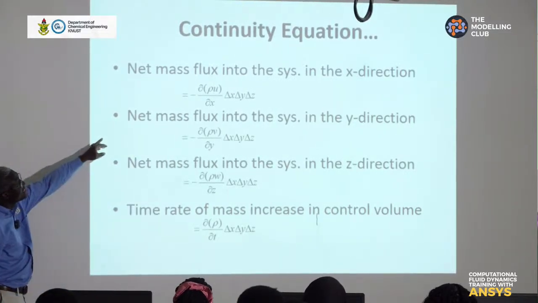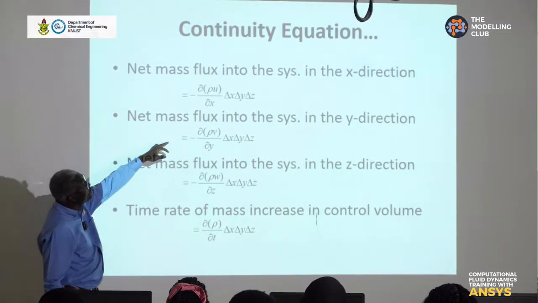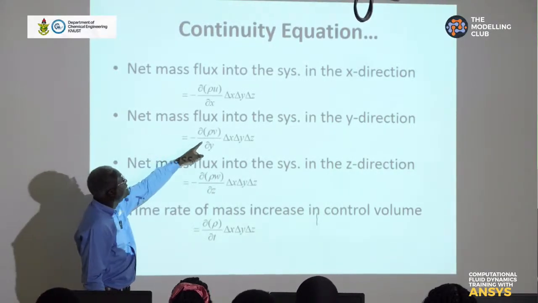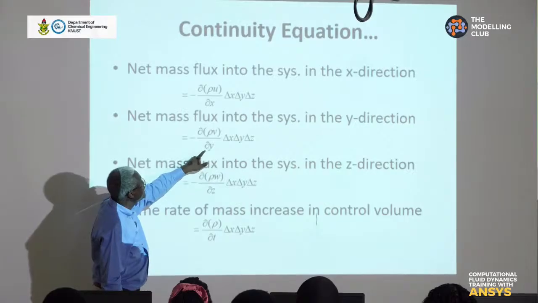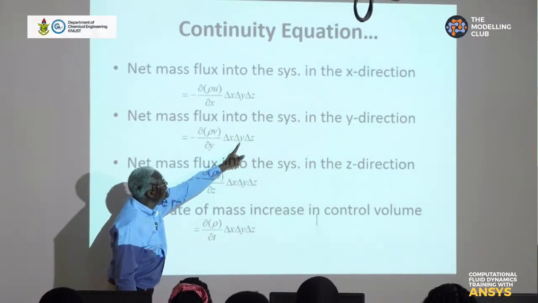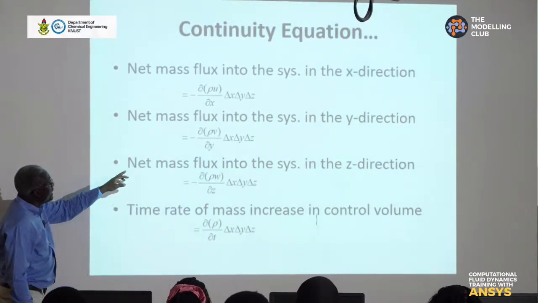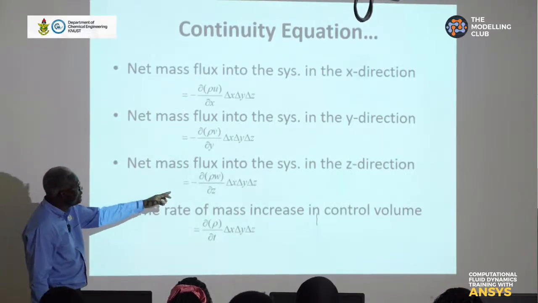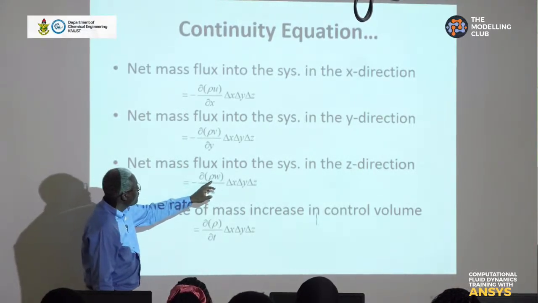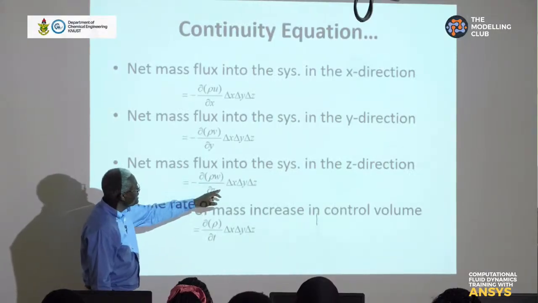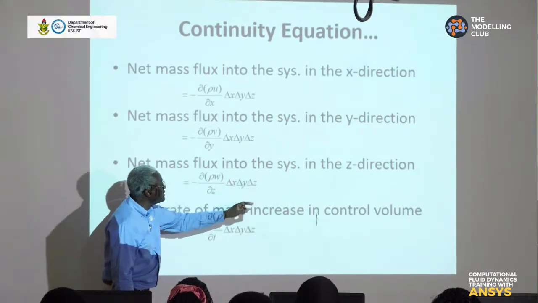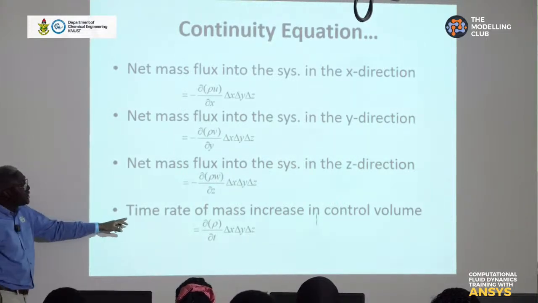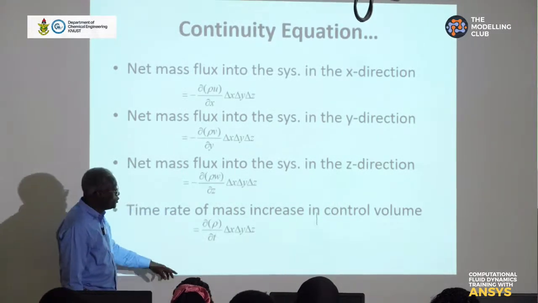So the net mass flux into the system in the y direction will be similarly minus the partial of rho v with respect to y, times delta x, delta y, delta z. And the net mass flux into the system in the z direction will be minus the partial of rho w with respect to z, times delta x, delta y, delta z. And of course, the rate of change of mass would be the density